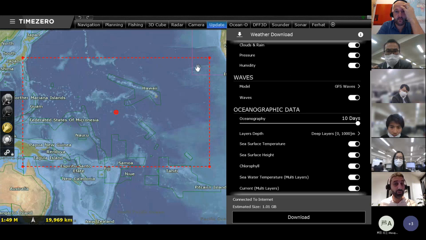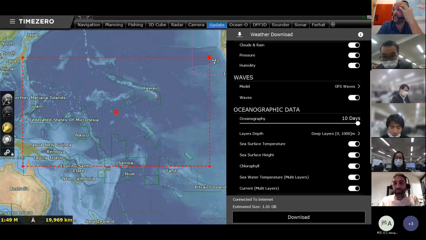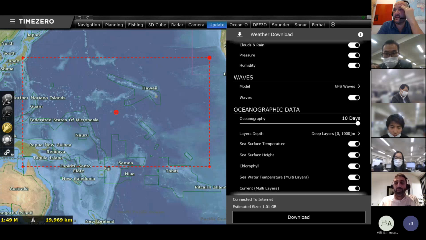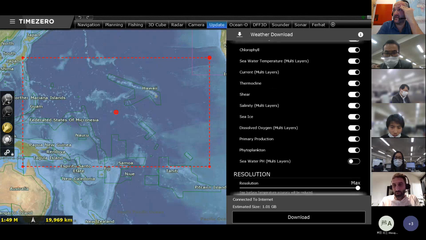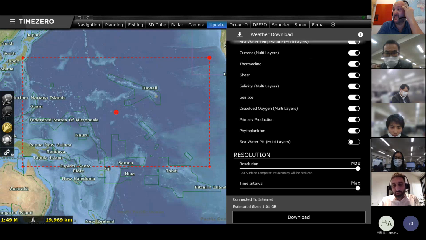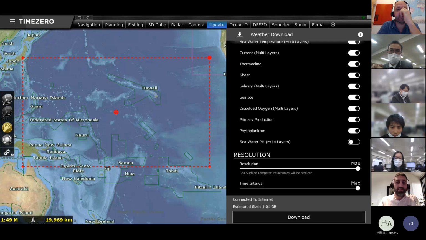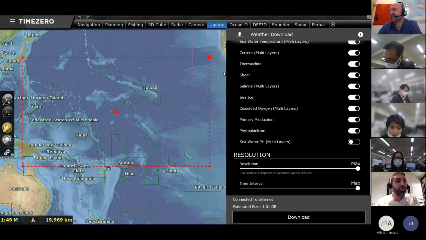But for your information, and don't take this as a standard use from the customer, this big file that I've downloaded, with 15 days forecast for the Meteo, 10 days forecast for the Oceano, 1000 meters deep, all the data, full resolution, is 1 gigabyte. You might tell me it's big, but nobody downloads a file this big on the vessel.